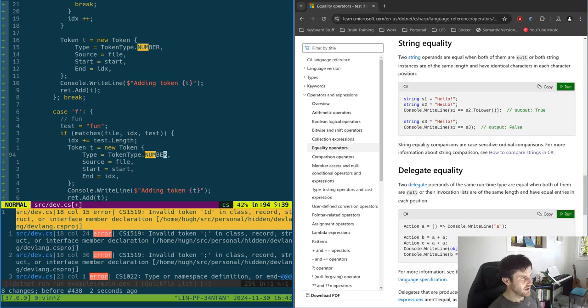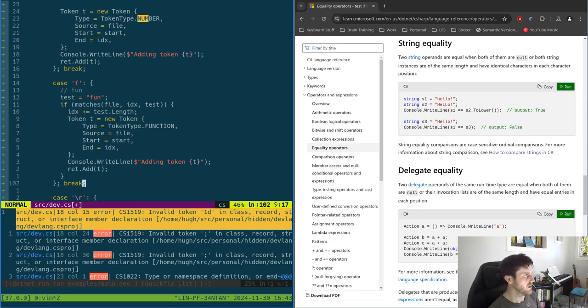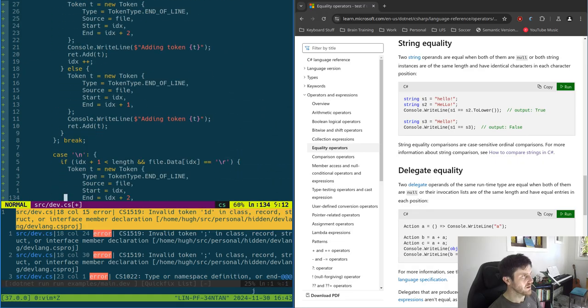Undo that last one, and this was going to be a function. And if it does not match, we should probably print a